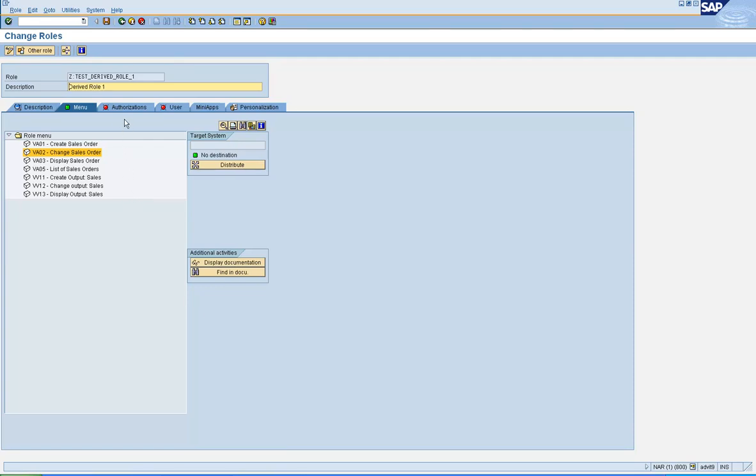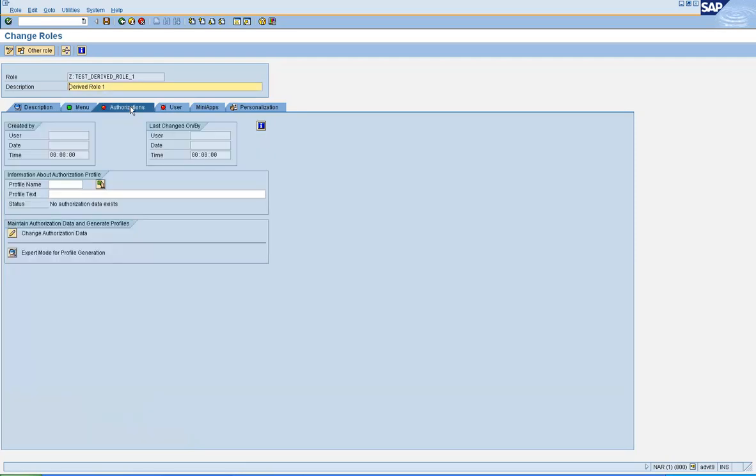Now let's click on the authorization tab. Now in the authorization tab, like you would maintain the authorizations in a single role and generate the profiles, you have to do the same thing now for the derived role.